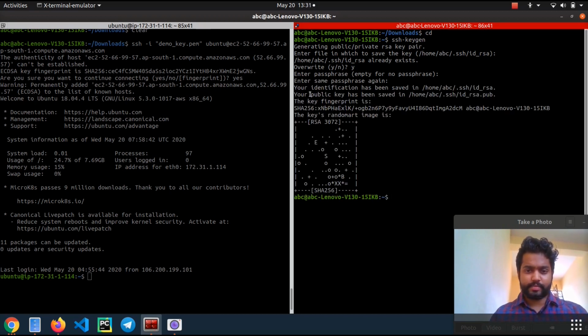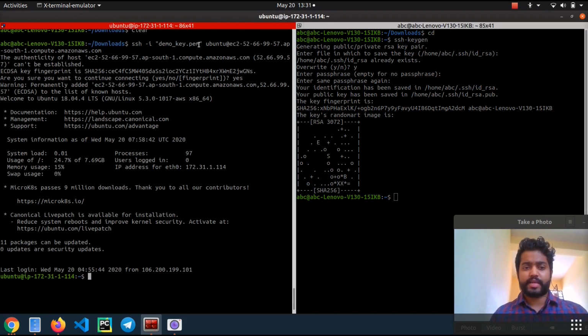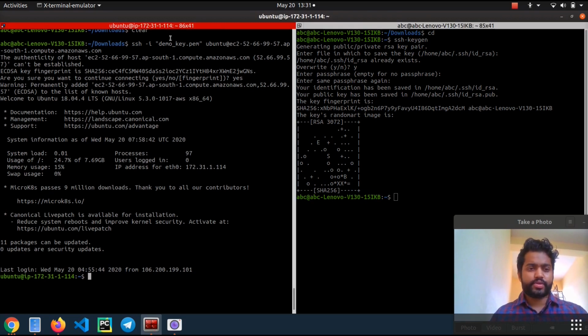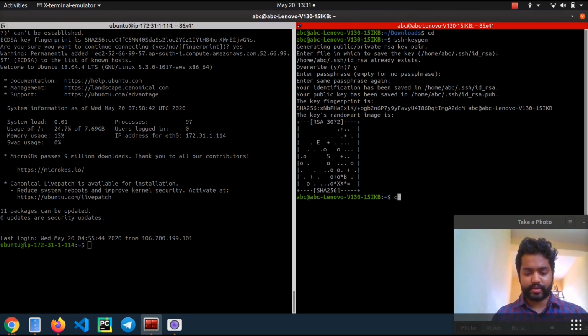It shows me that your identification has been saved in id_rsa. So that -i is identification, guys, as we discussed previously. And this private key is similar to the private key that was given by AWS. Also, this private key is associated with this public key. Similarly, its associated public key has been stored over here. Before we see that, we'll look at some things over here.